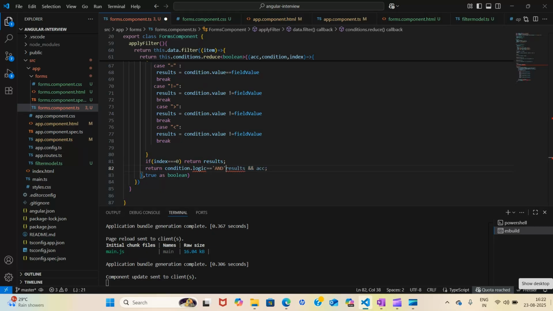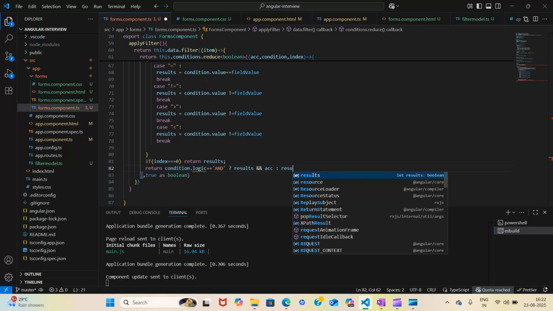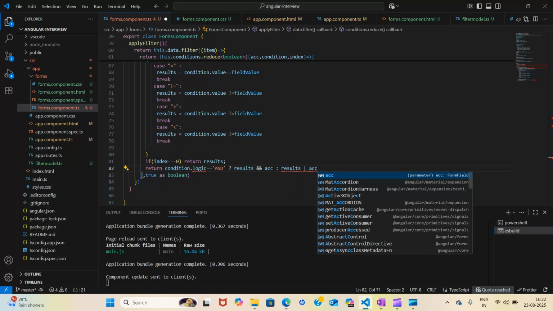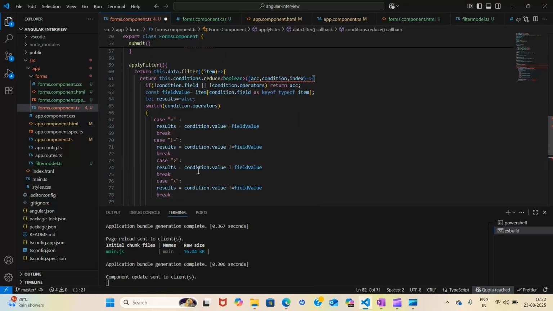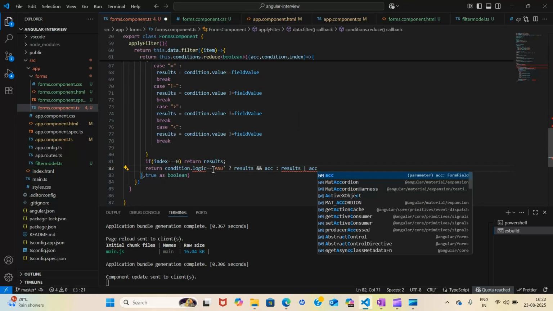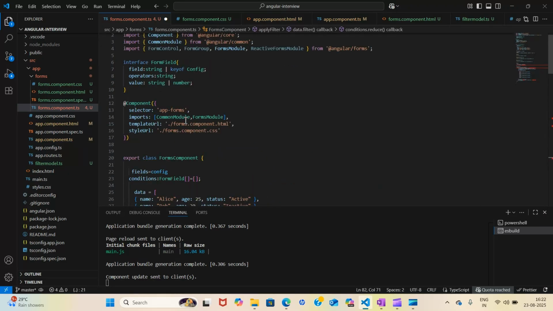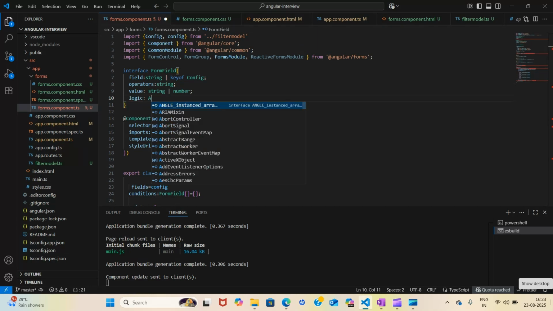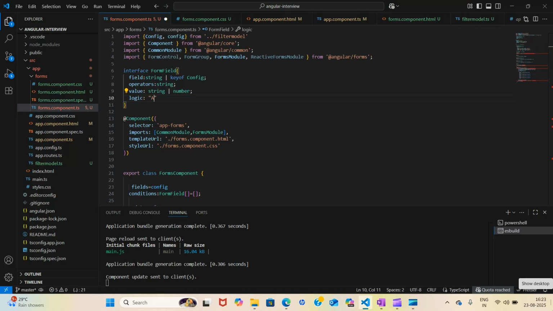Okay, so like this you will do, or you will do results or accumulator. Now condition dot logic, you need to create here an interface with value. There will be your logic, and logic will be a string that would have and, or.